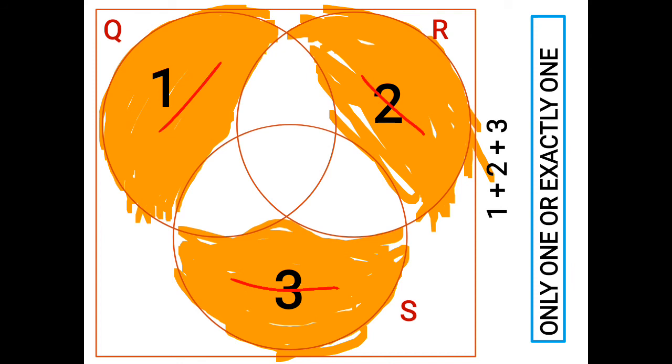So 15 students read only one subject, meaning region 1 plus region 2 plus region 3 should be equal to 15. You are not supposed to put the 15 in all the 3 regions. No, you add them, then it becomes 15. So you first use letters to represent those regions, and then you equate to 15 when you are solving. All right, so what we have said is